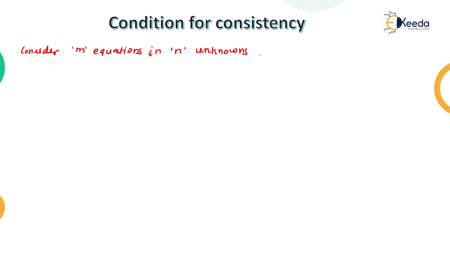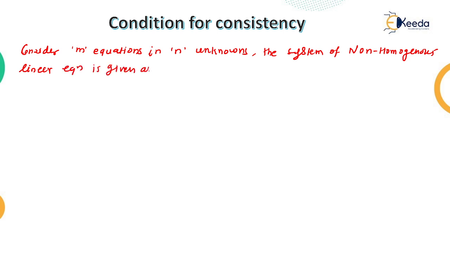Therefore, the system of non-homogeneous linear equation is given as, this is a system of m equations, so that's why I'm taking here the system as